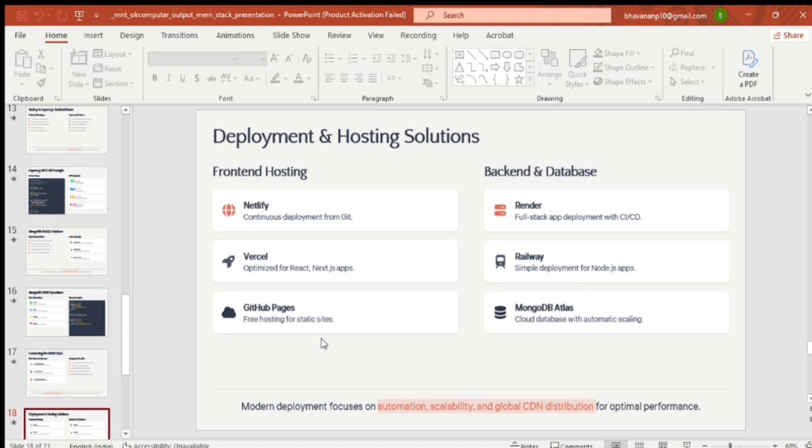After building the project, we deploy it online. The frontend app can be hosted on